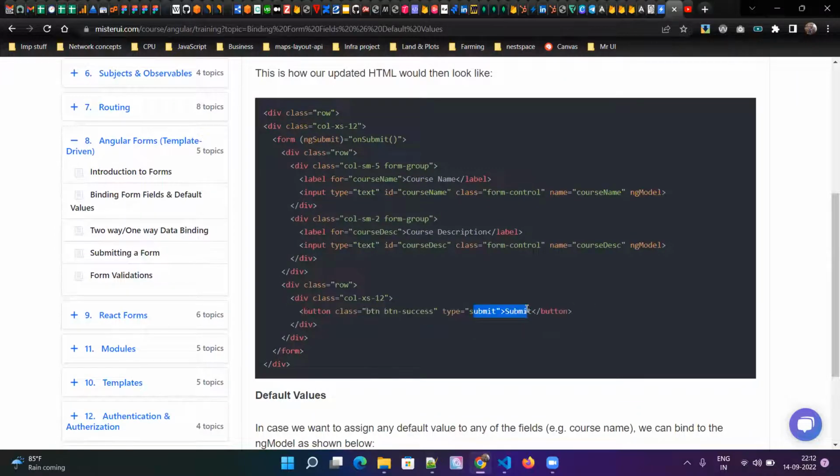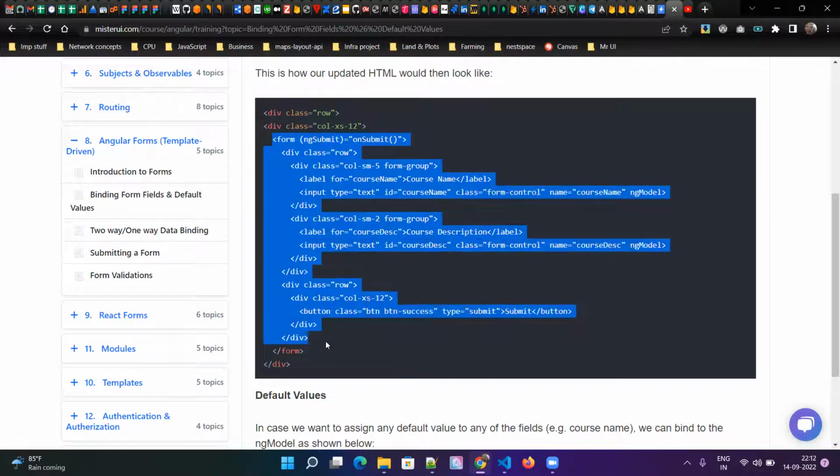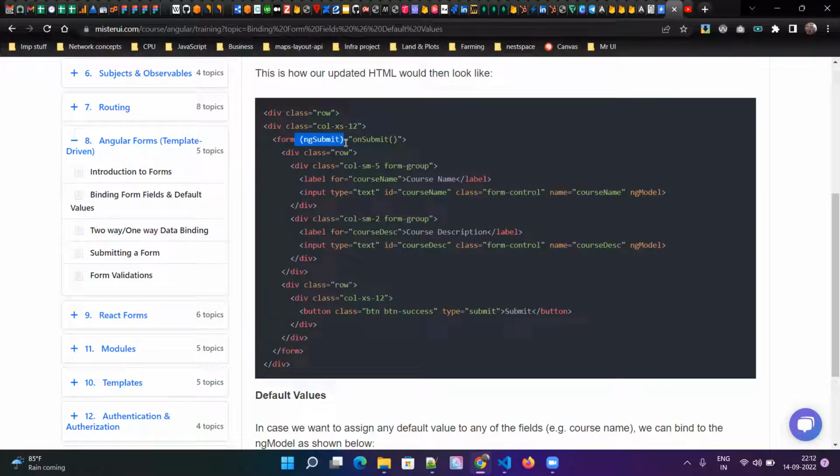Okay, and whenever you have a submit button, we have another handler called ngSubmit. Just like click or double click, we have event handlers, right? The same way for forms we have ngSubmit. Okay, this is a submit functionality handler. Whenever you click on a button,